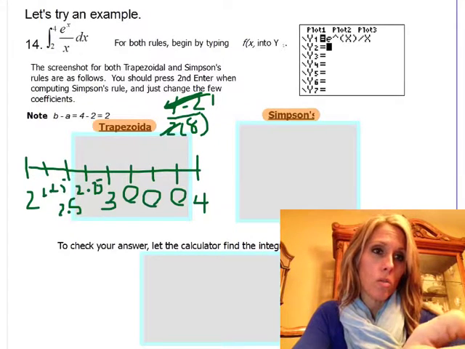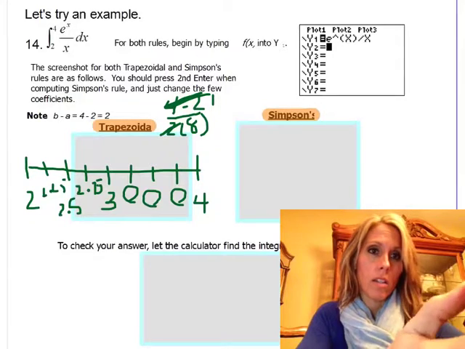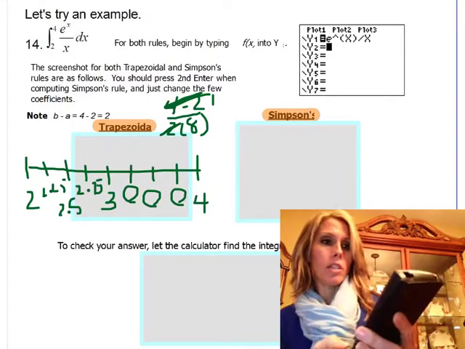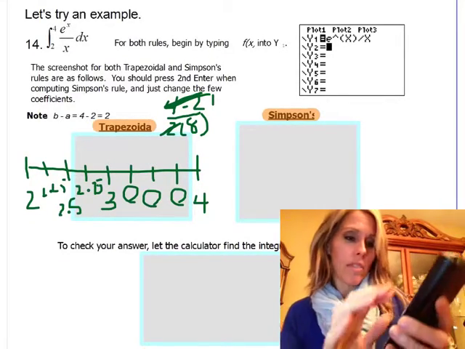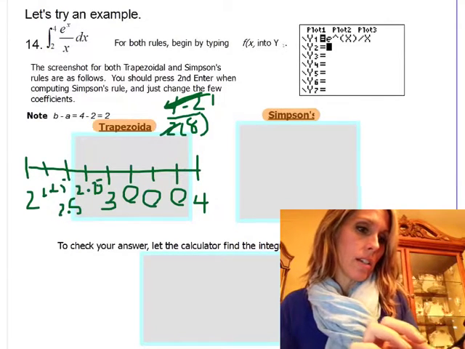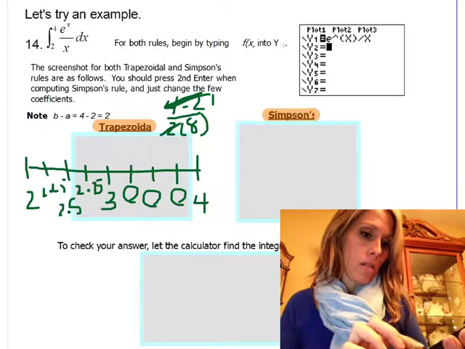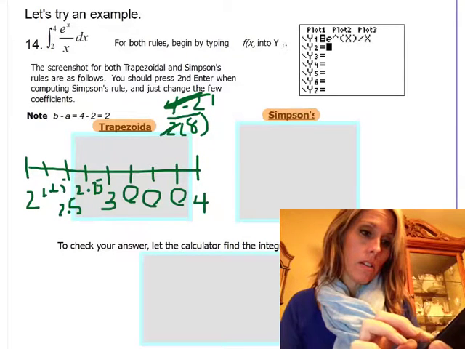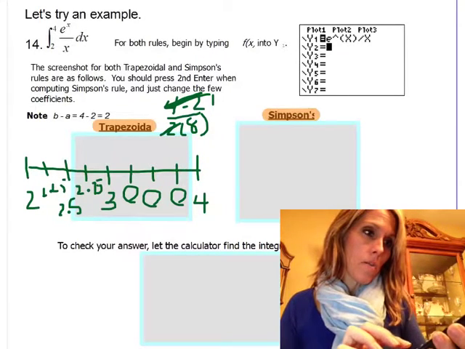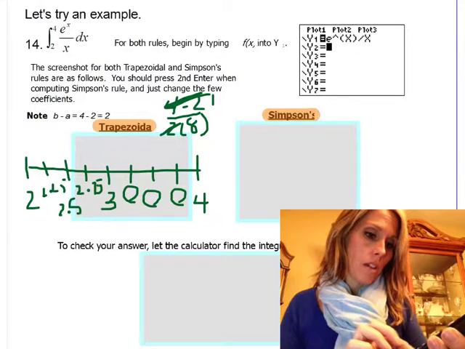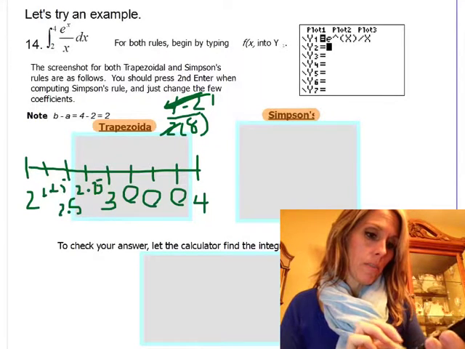So I'm just going to do y1, and you know where to get your y1. Y= is to the right, enter, enter. y1 of 2 plus 2 y1 of 2.25